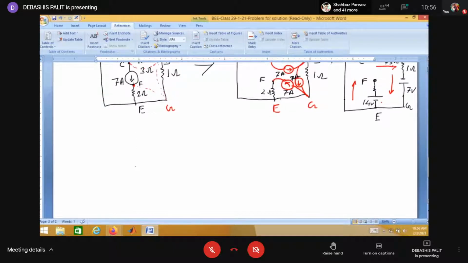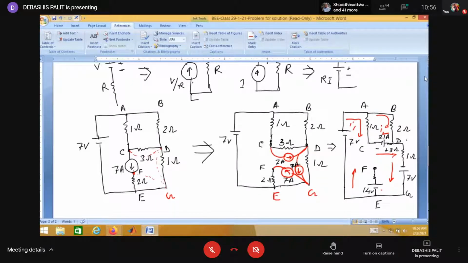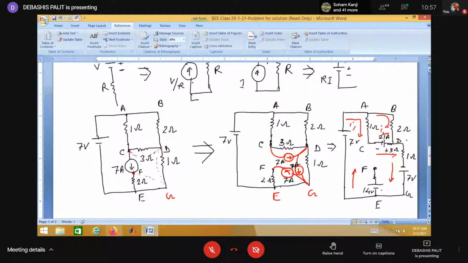Sir, what if we diverted the path, and in one of the paths there was no parallel resistance? I can't understand your question. Sir, let's say from C to D there was no resistance. So then what would we have done? Directly C to G. Yes, actually, current should flow. If this circuit is closed, then C and D points are the same. If you omit this, say you are omitting this, I am just erasing this.